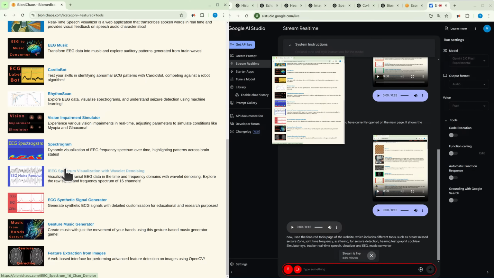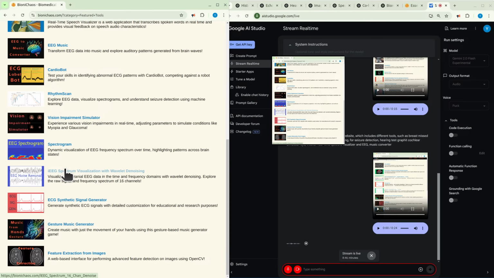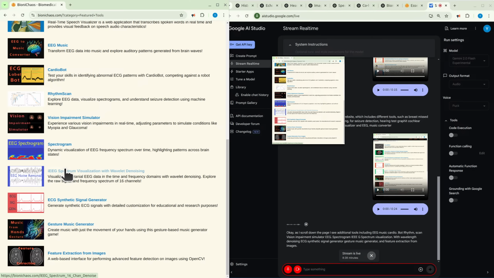What else is on the page? Okay, as I scroll down the page, I see additional tools including EEG Music, CardioBot, Rhythm Scan, Vision Impairment Simulator, EEG Spectrogram, IEEG Spectrum Visualization with Wavelet Denoising, ECG Synthetic Signal Generator, Gesture Music Generator, and Feature Extraction from Images.